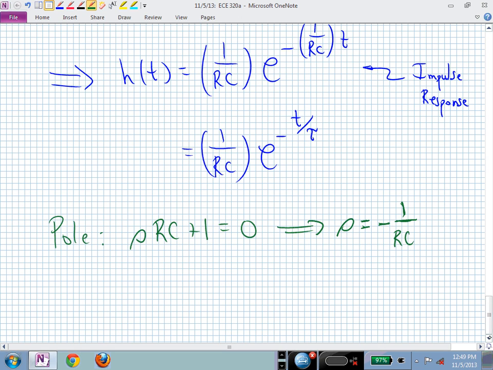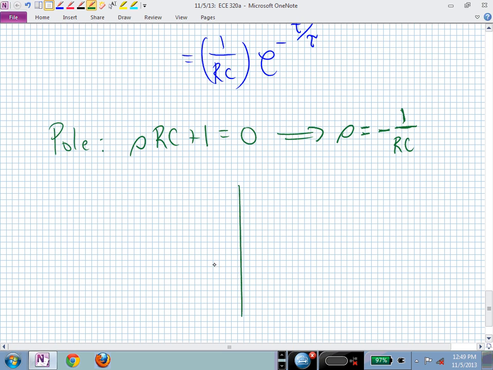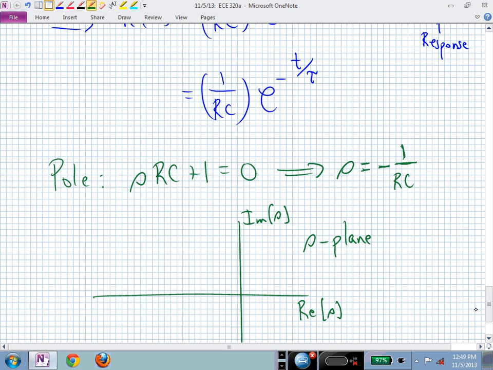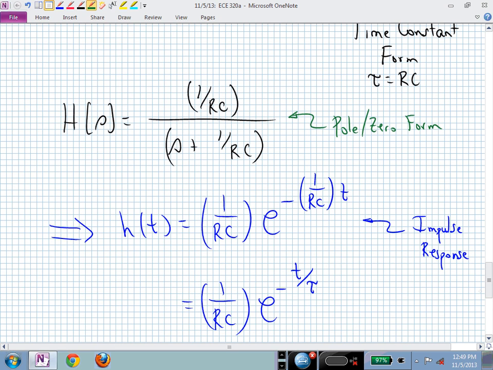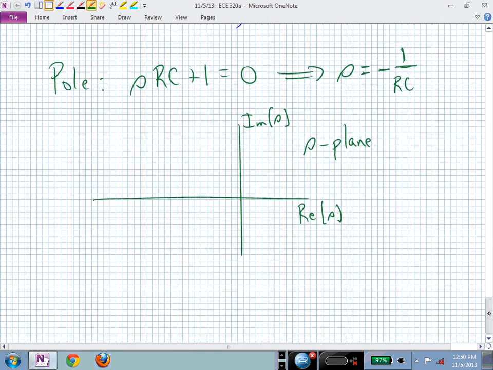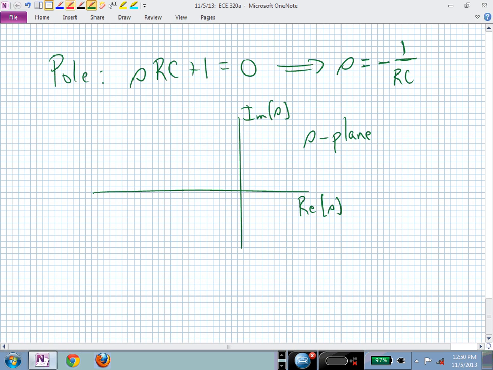And if I now said, can you sketch the pole zero diagram in the complex S plane? Here's the S plane, the real parts of S, and here's the imaginary parts of S. Where would I locate my zeros, the open circles? And do I have any zeros in this transfer function? I do not have any finite zeros that cause the numerator to vanish. The pole is at minus 1 over RC, and now if we're thinking about this infinitely tall pole, we indicate its location with an X, and this is now minus